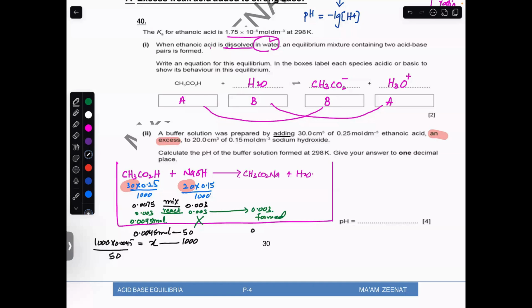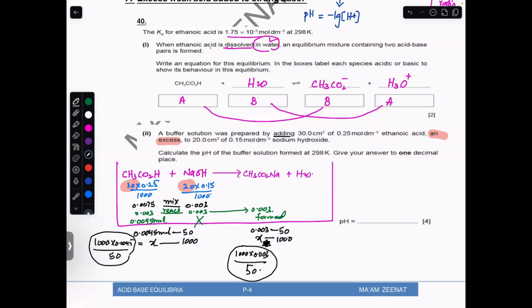And this salt, 0.003, is present in 50. So how much would be in 1000? It is 1000 into 0.003 divided by 50. Now, if I put this value, the salt concentration,